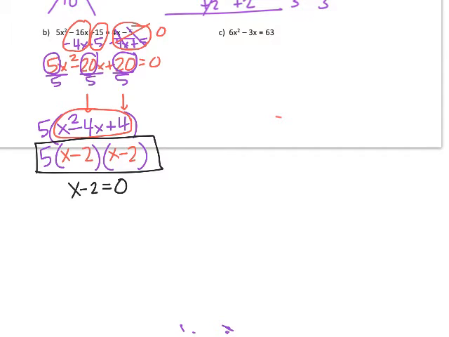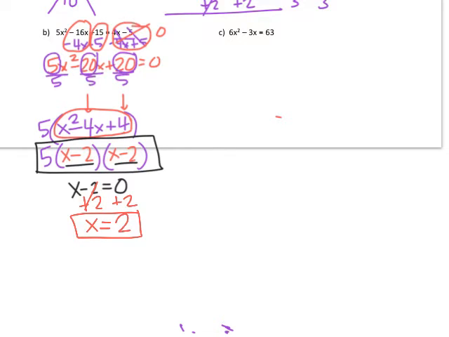Now, since both of them are the same, I have less work to do because I'm just going to set one of them equal to 0. So to solve, I'm going to add 2 on this side, add 2 on this side, and therefore x is equal to 2. So there's my solution, my one root, and that's where the graph is going to hit the